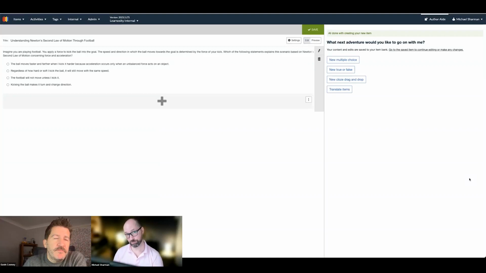We generated a question. In the example we chose on step 2, you have an optional step to refine that question. In this case, we asked it for a scenario-based question for a 12-year-old. It did exactly that. We like that. We've saved it. You can see we've automatically generated a title for you, so when you're looking for this item later, you can easily find it. Now, you can continue creating more multiple choice questions, a true false question, fill in the blanks, or you can translate.